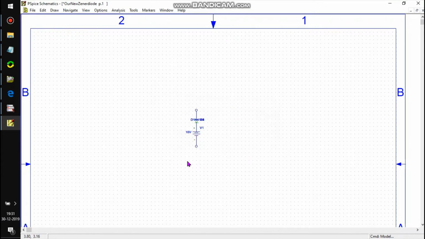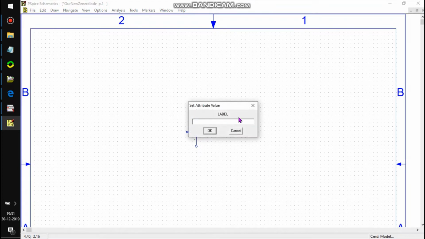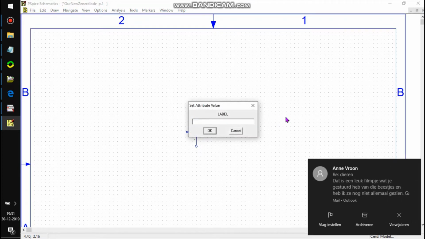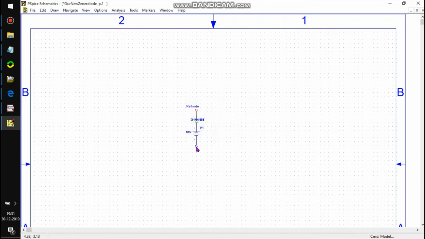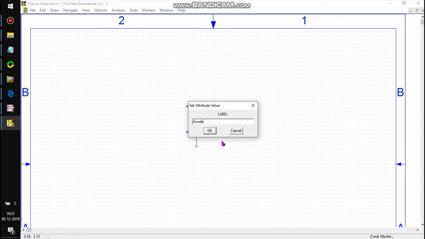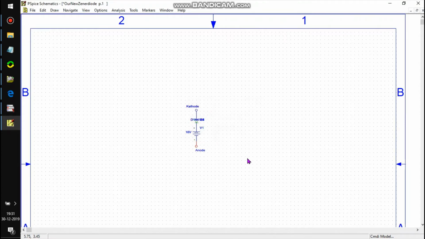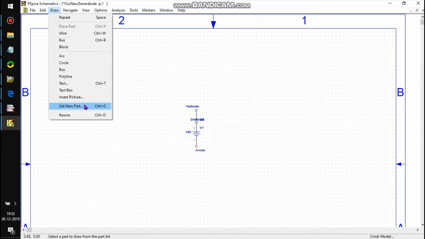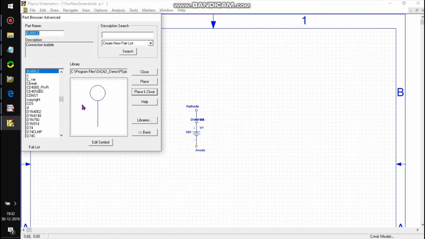So this is just a fake Zener diode. And this is the cathode. This is the anode. Normally you would have another diode here.